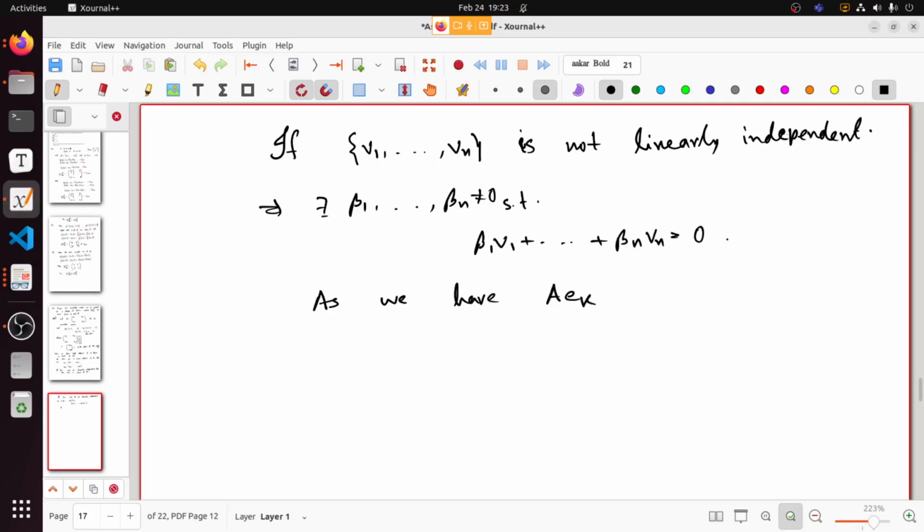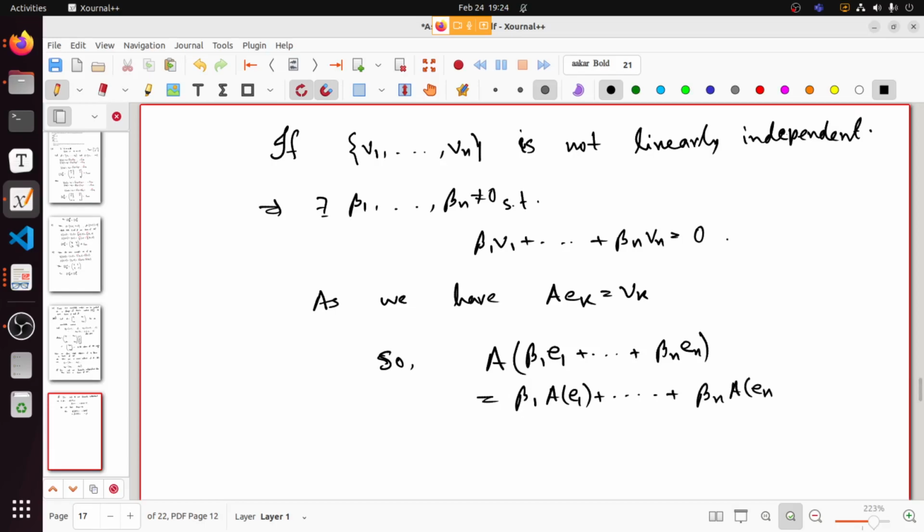So A of (beta 1 e1 + ... + beta n en) will be beta 1 A of e1 + ... + beta n A of en, which means this is beta 1 v1 + ... + beta n vn, and which is 0,